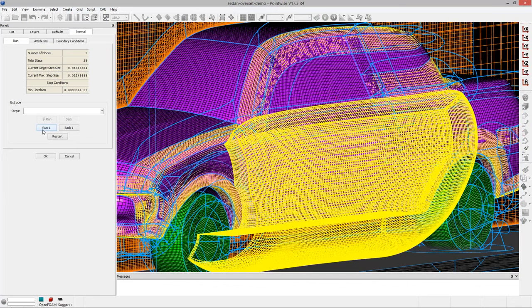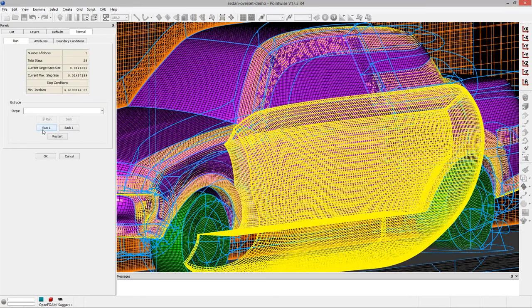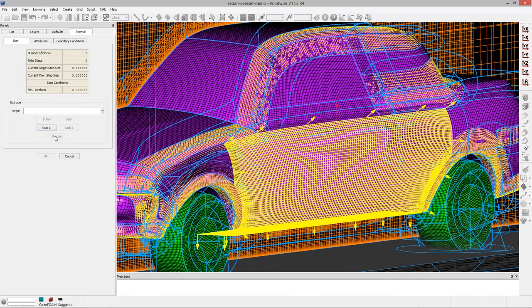So for example, after I run the assembly, I might find some orphan points. Remember Ralph's talk, an orphan is basically a fringe without an acceptable donor, and that could be because we don't have acceptable overlap in that particular region. I could come in here and push out that extrusion a little bit more so I can get sufficient overlap and then rerun the assembler. I could also restart the extrusion from scratch. Maybe I'm targeting a different Y plus value, so I need to specify a different initial spacing or a different growth rate, and then redo this extrusion, okay?